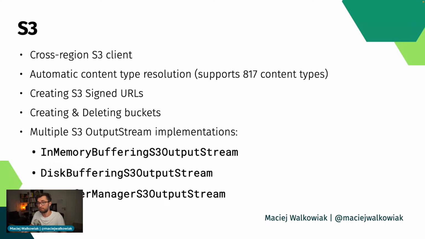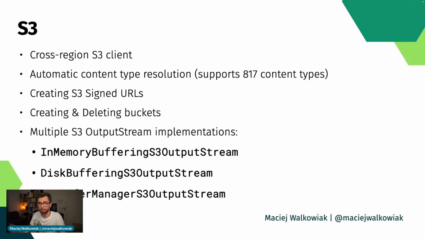And there are also a bunch of other less visible changes, but I know from the issues that came to the Spring Cloud AWS project that they can dramatically change the experience of using the framework. So we have, for example, a cross-region S3 client that is actually used by default. You just don't see it because you use the S3 client interface, but it transparently handles working with S3 buckets that are in different regions. So as soon as your application needs to access a bucket in a different region, the cross-region S3 client